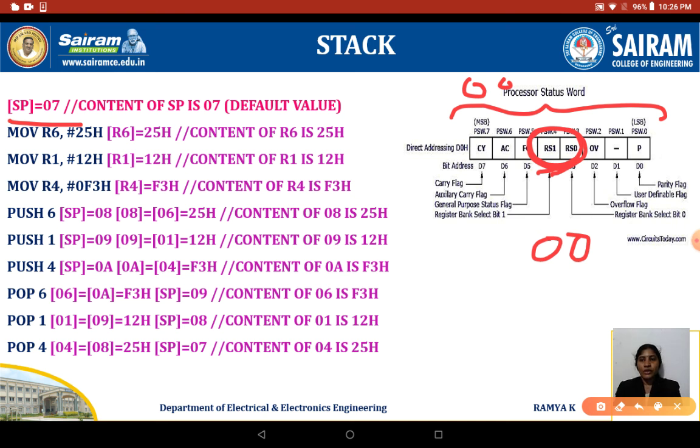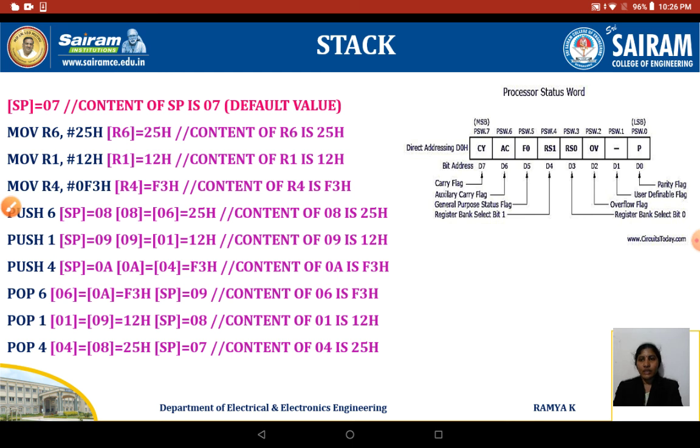When the controller executes MOV R6, #25, here the content of R6 is stored with 25. When it executes the next instruction, MOV R1, #12, the content of R1 is going to be 12. So the first three instructions represent your immediate addressing mode. The next three instructions represent stack addressing for loading your data.